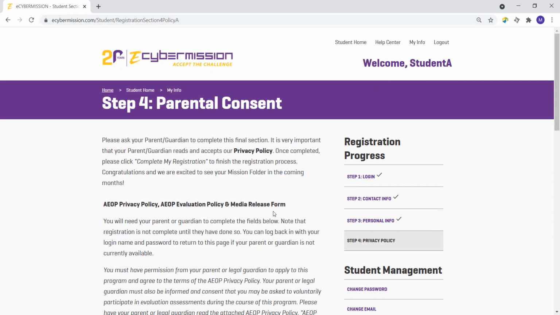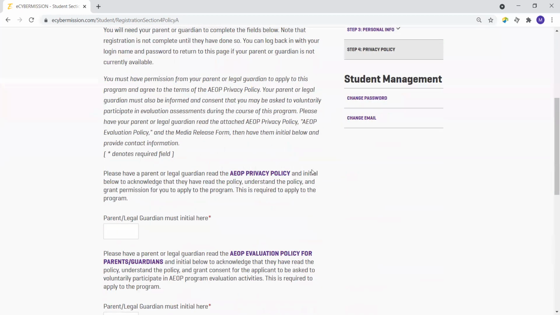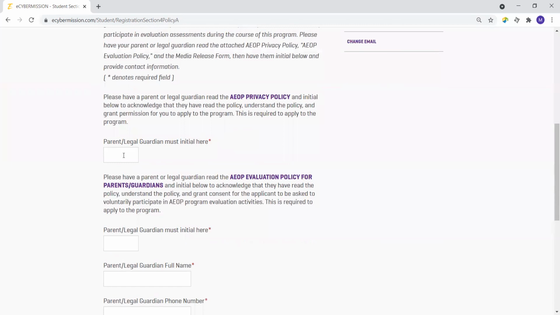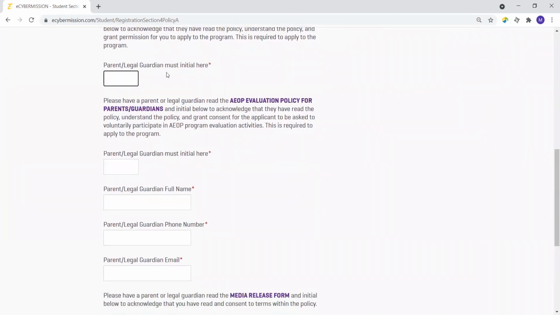If you don't have access to a computer or the internet at home, something along those lines, you can talk to your team advisor and tell them, hey, my guardian doesn't have access to this, what do I do? They can contact us and we can provide a printed form that they will send home. Your parent or guardian can fill out and sign off on it and send it back. And then your team advisor can go through and type in what your parent or guardian has signed off on,